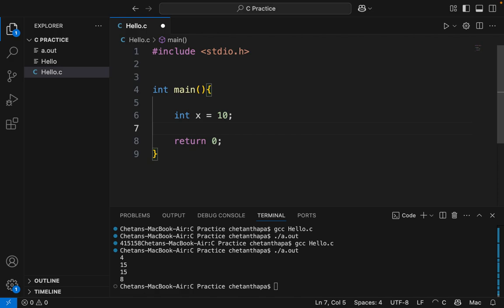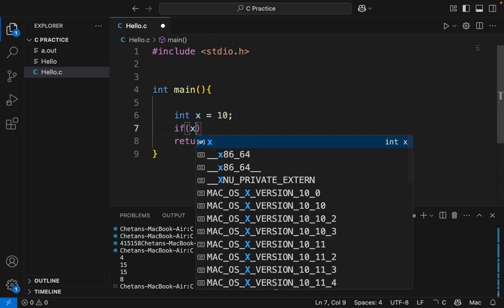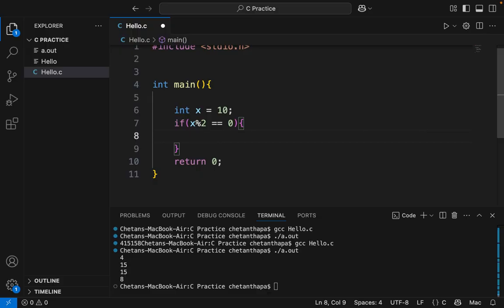Okay, so use if x modulus 2 is equal to 0. That means if x divided by 2 and its remainder is 0, then it is an even number. Okay, if x modulus 2 is equal to 0, print